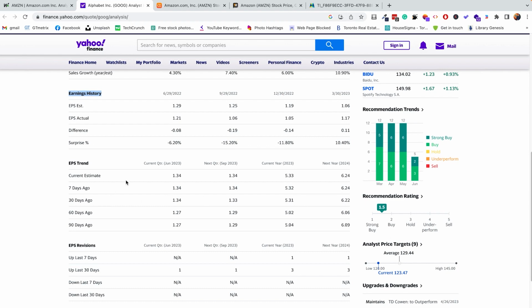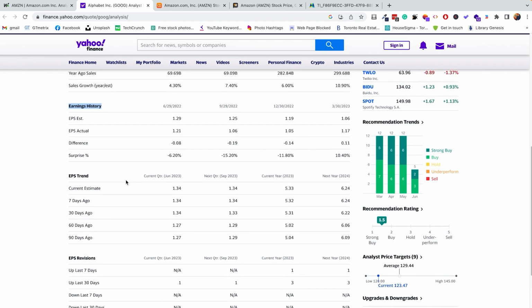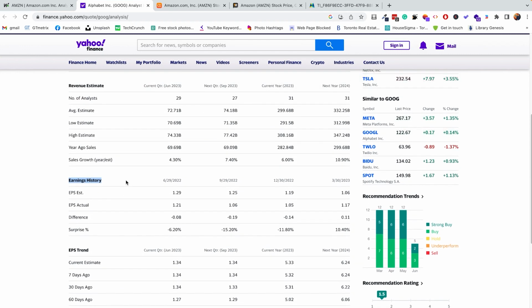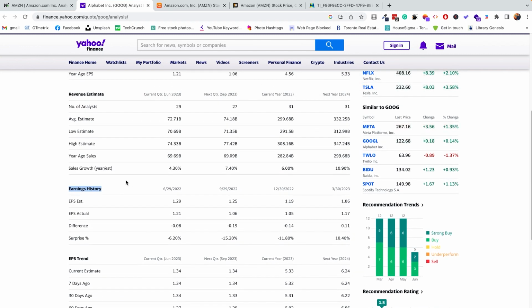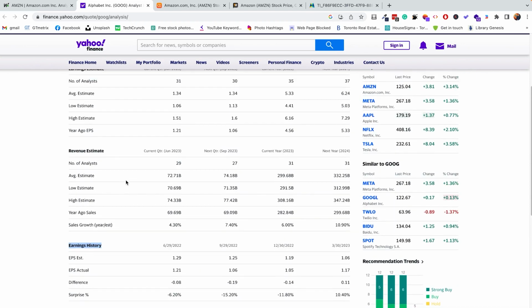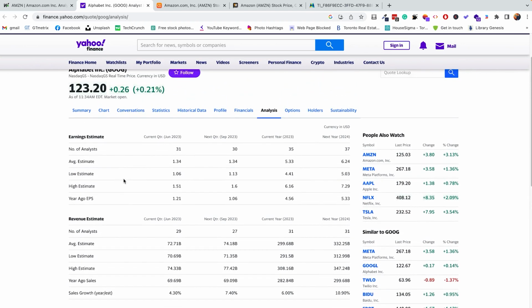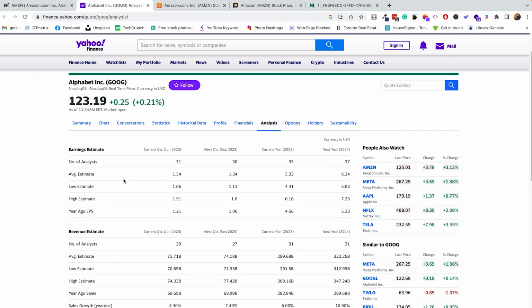The thing that you do need to know is that with these analyst estimates, you may think that this is the greatest thing that was ever created. If I follow the analysts, my stock portfolio is going to crush it. But there have been obviously many different studies showing that this is far from the case. In fact, many investors that just rely on analyst recommendations underperform in the market. So this is why it's very important to do your own research.